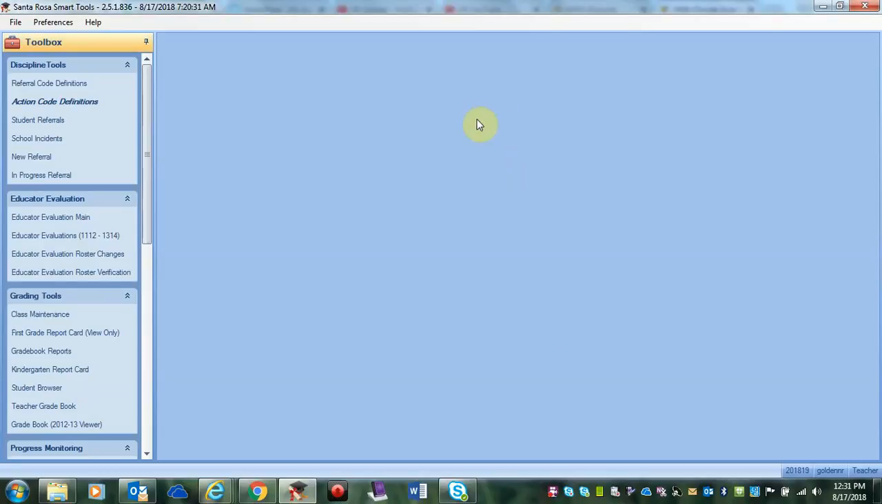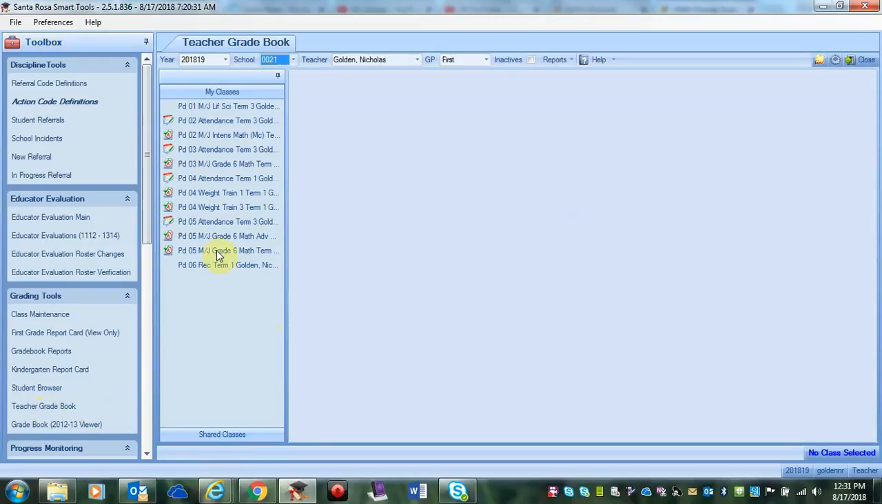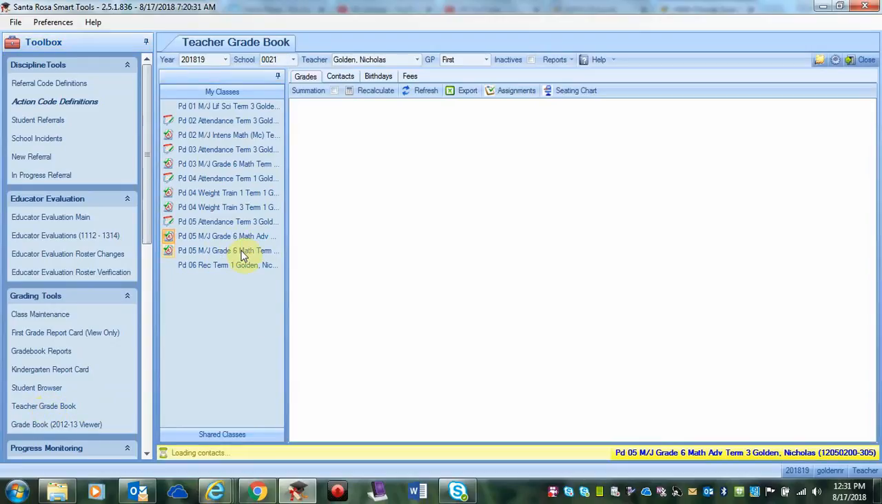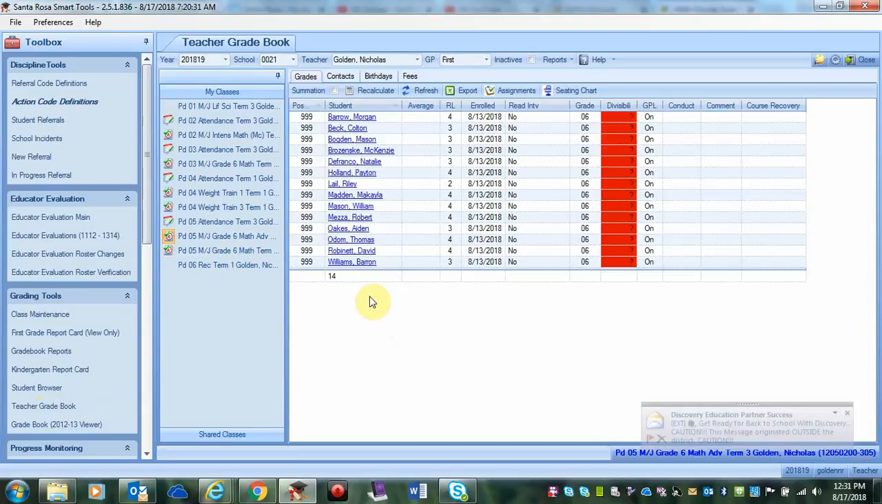Alright, to add accommodations in your teacher grade book, you'll click on teacher grade book. Once it loads up, pick whatever class it is that you're trying to add the accommodations for. I have all my tabs turned off for confidentiality purposes, but once you load them up, you'll be able to see which kid is ESE or 504 marked to add your accommodations, or if you want to add accommodations to a gen ed student